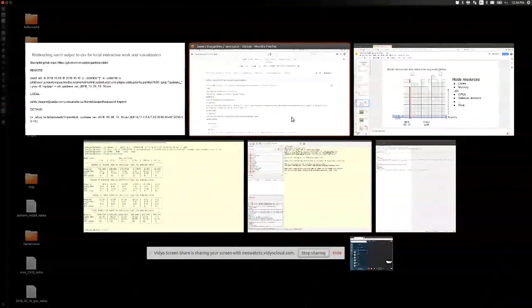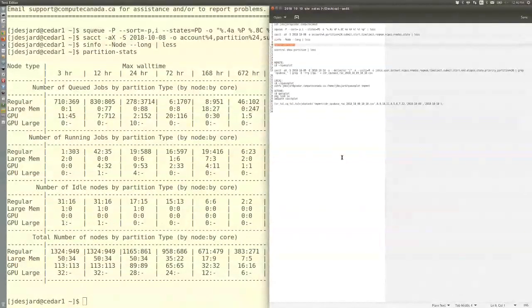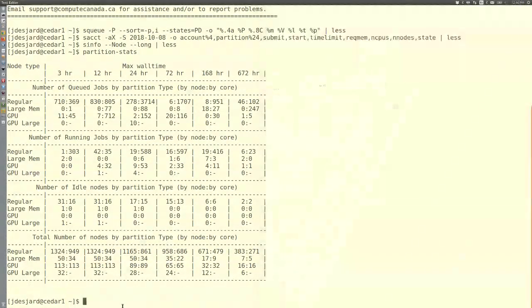Now, what I want to do next is take some of this tabular data and, instead of trying to look at it in the terminal, create a CSV file and then use local tools to summarize and plot it. So what I'm going to do is go to a little folder I have here called the qplot,